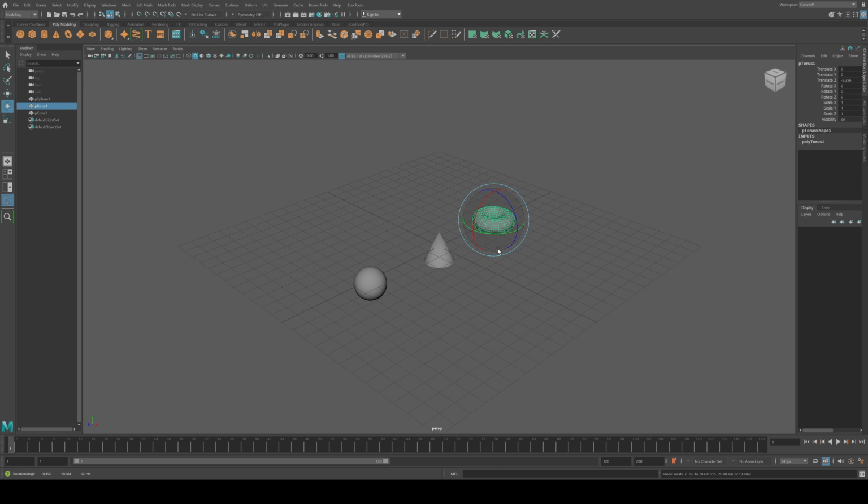Moving on, when the Rotate tool is active, you also see a yellow circle when hovering over it, surrounding the entire object. Click and drag that yellow circle and you experience what we call the view-based rotation. Your object will rotate based on your current camera view in the viewport.